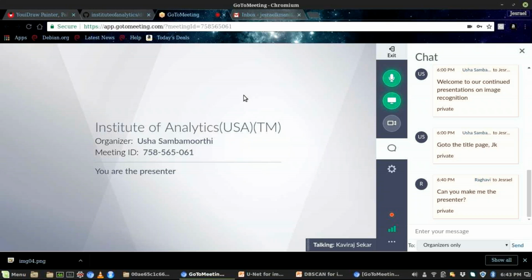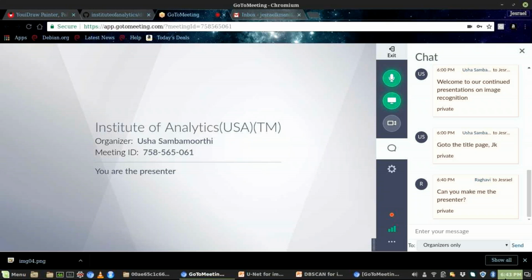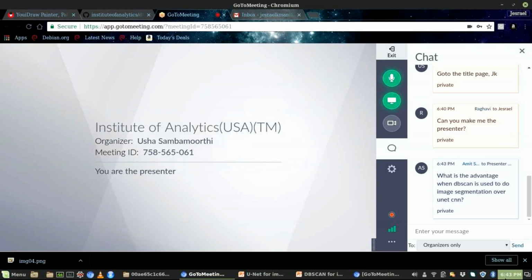Okay, so I'll leave it open for questions now. Okay, there was a question about what the advantage is when DBScan is used over the UNet CNN. First of all, the advantage is computational simplicity. The number of parameters is small. The computational effort is much less. Actually, at this stage I cannot give you